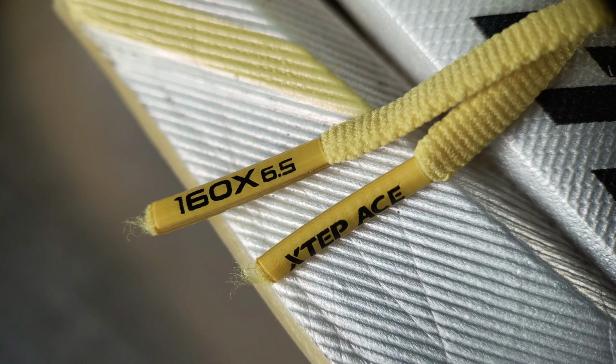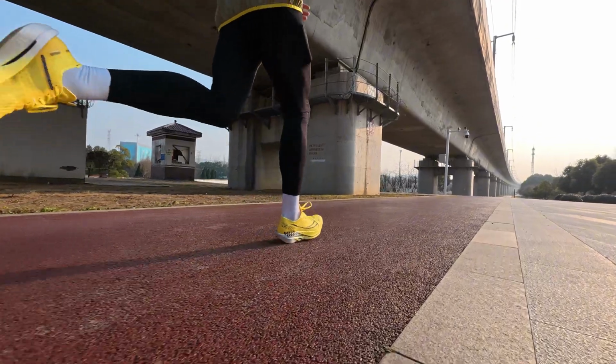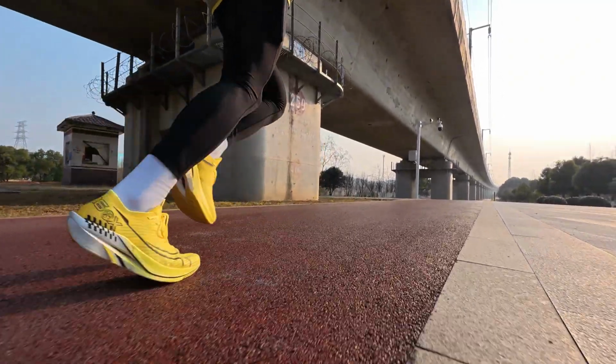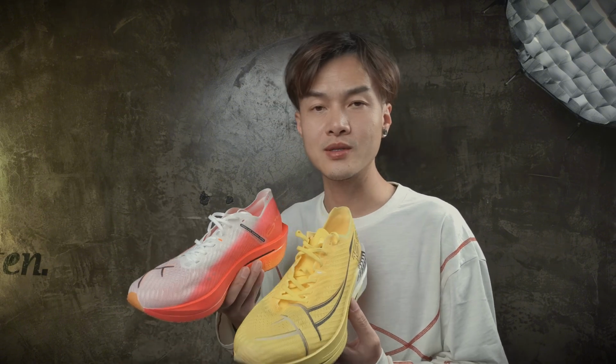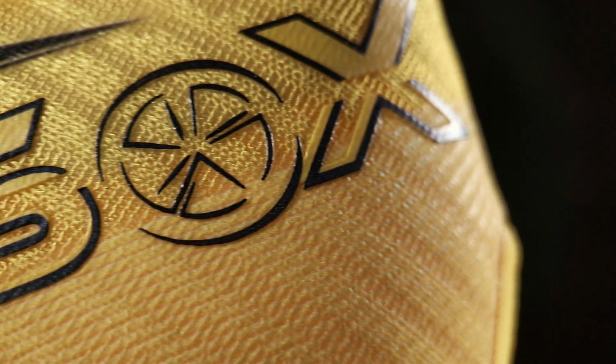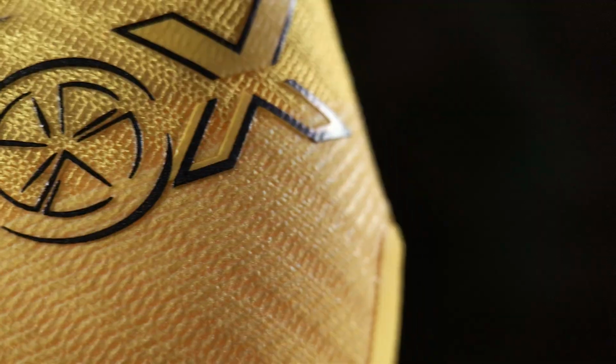In my opinion, this one might not be called a half-generation update. It's more like what the 6 should have been. It carries over the same responsive and high energy return from the 6. If you already have the 6, I may not recommend upgrading to this, because there is almost no difference in performance. If you haven't bought a pair and really want to experience Xtep's super shoes, I think starting with the